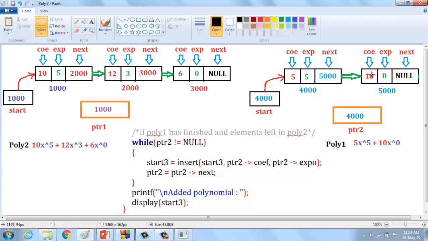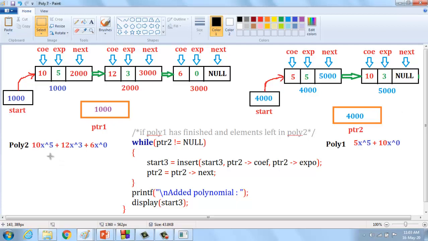That is, here the exponent is... okay. In that case, here we are going to represent, here also 3, here also 3.